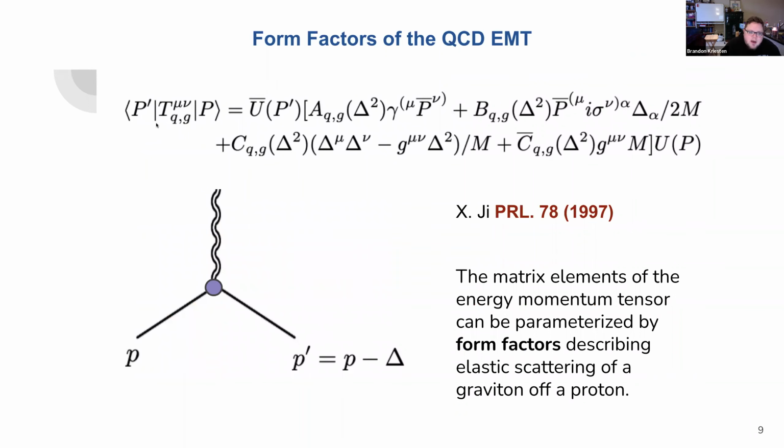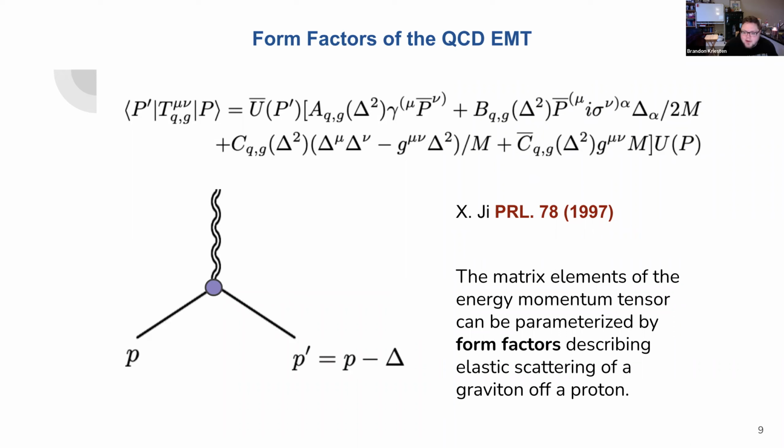When you have the QCD energy momentum tensor sandwiched between proton states with different momentum, the difference parameterized by the momentum transfer delta, you can describe this in terms of gravitational form factors, A, B, C, and C bar. These matrix elements or form factors essentially describe the elastic scattering of a graviton off a proton. That's fantastic. But